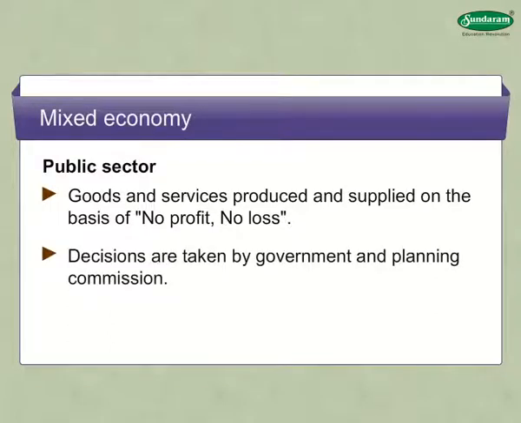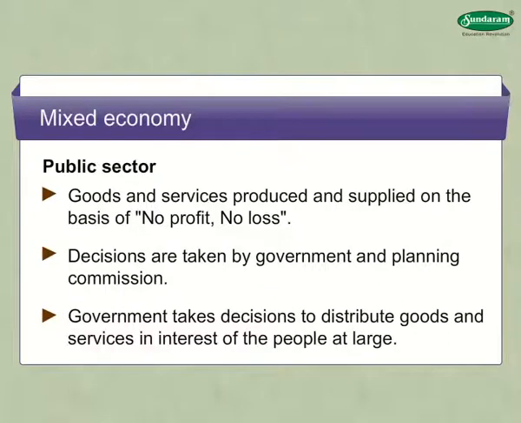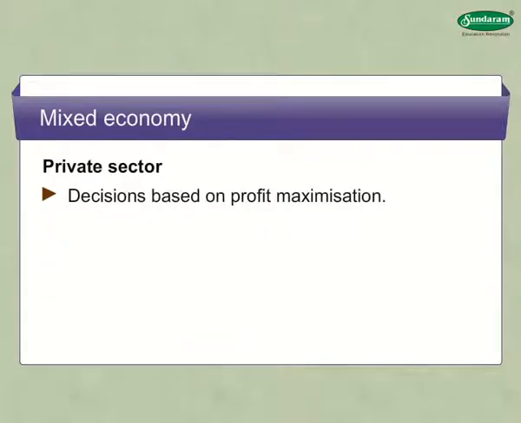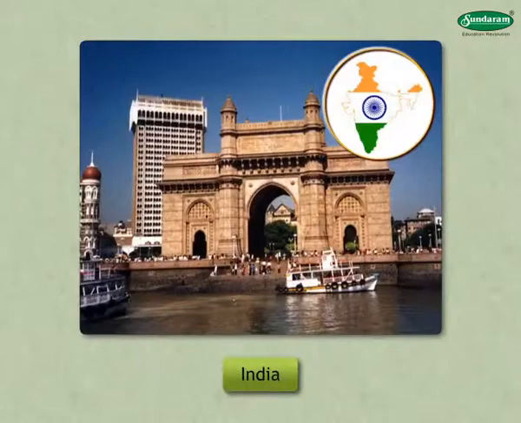Decisions regarding public sector are taken by the government and planning commission. The government takes decisions to distribute goods and services in interest of the people at large so that nobody can be excluded from its consumption. The decisions of private sector are based on the principle of profit maximization. India has